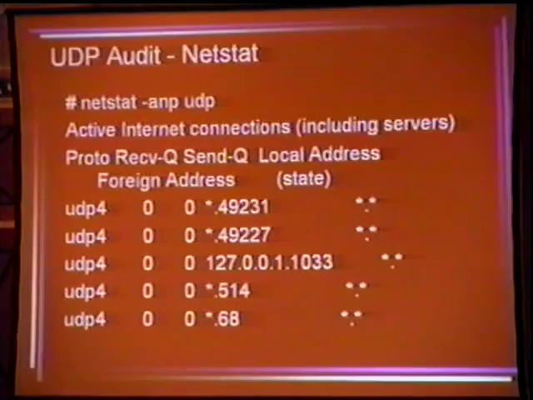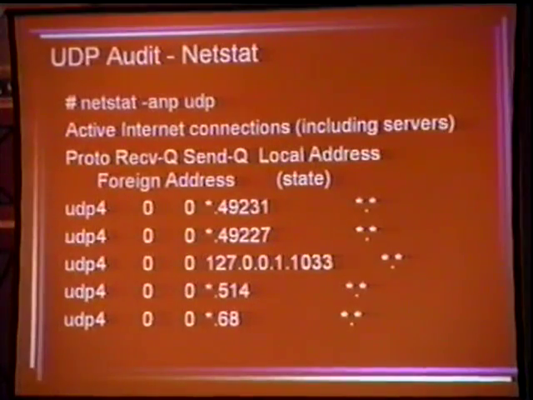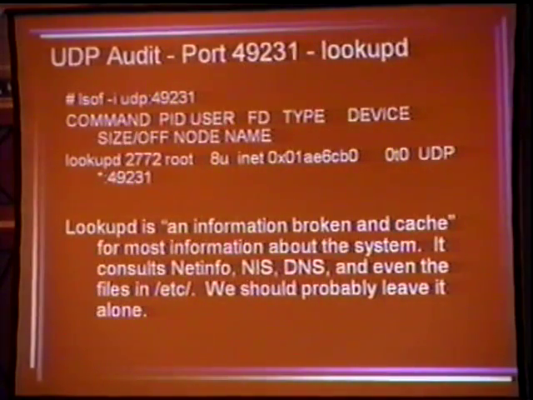If we do our UDP audit, we find a bunch more ports that are still listening. 1033 in the middle, we're going to guess that's netinfo. We can check it. What we should do with each of these ports is check and see what they are. So if we run lsof on the first one, what do we get?